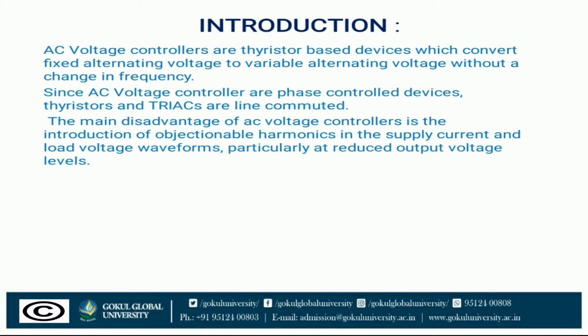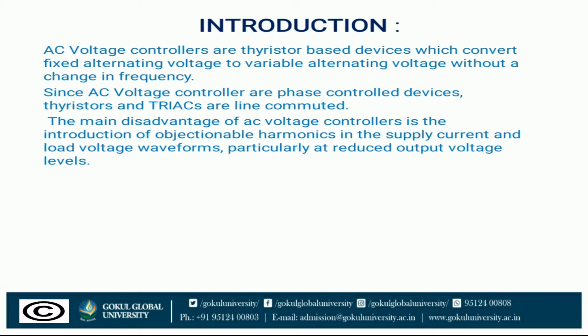So in simple words we can say that AC voltage controllers are thyristor based devices which convert fixed alternating voltage to variable alternating voltage without a change in frequency. Since AC voltage controllers are phase control devices, thyristors and triacs are line commutated. So what is the meaning of line commutated? We need not employ commutation circuits within the AC voltage controller,